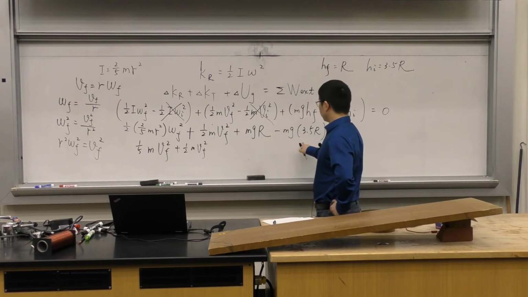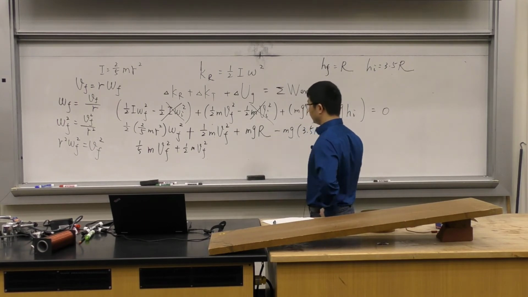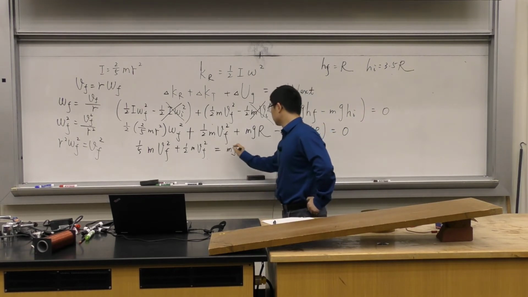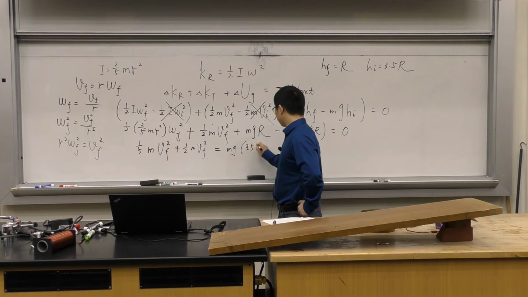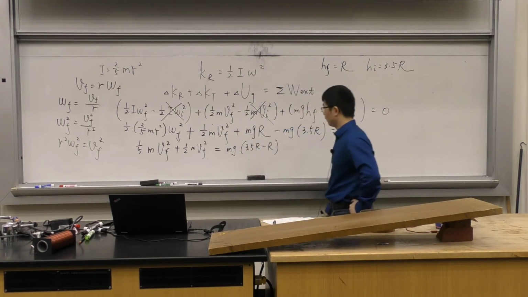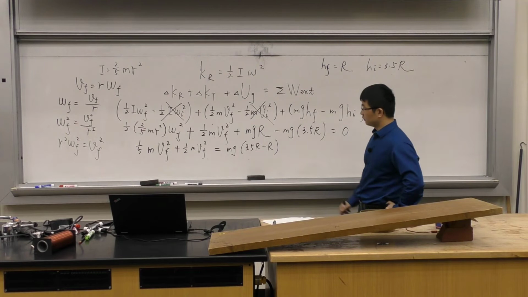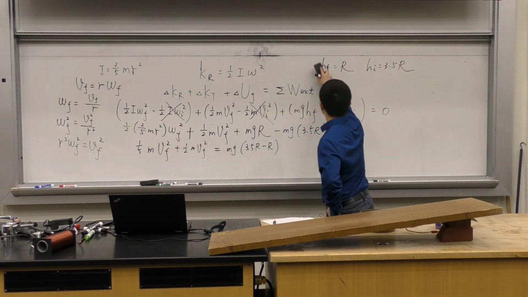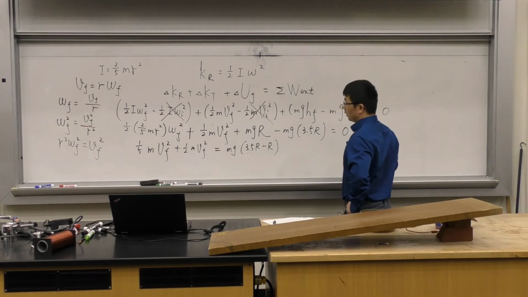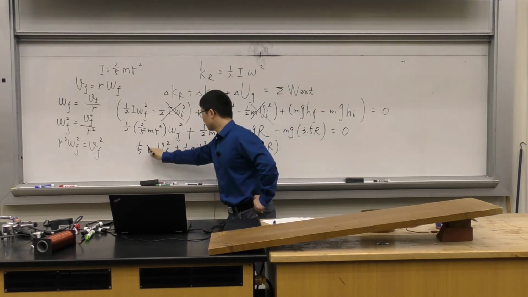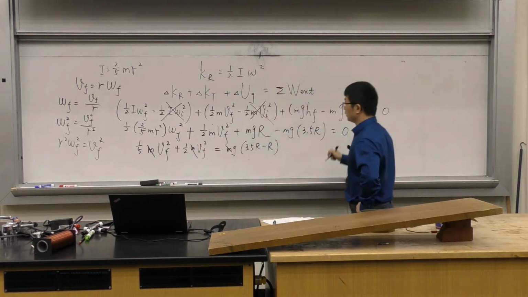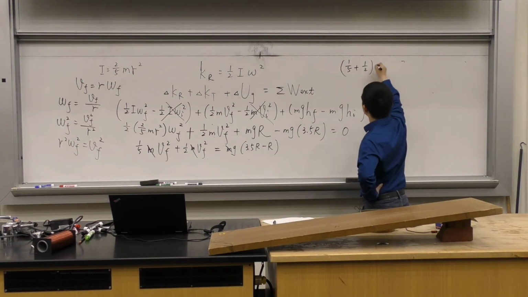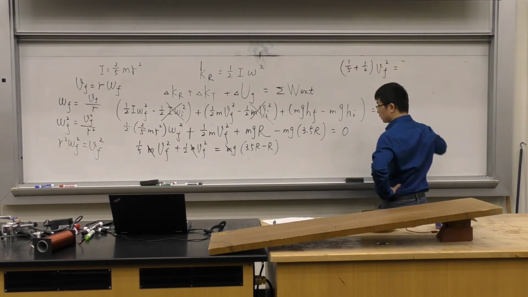And then these two terms, you can even combine them, or move them to the right if you like. Then you will get mg times 3.5 R minus R. Right, factor it out. Then you see that even little m, you don't need that, right? So that's why the problem doesn't even tell you the little m. Okay. So at the end, what do you get? You combine these two terms, so cancel little m on each side. You will get 1/5 plus 1/2 Vf squared equals